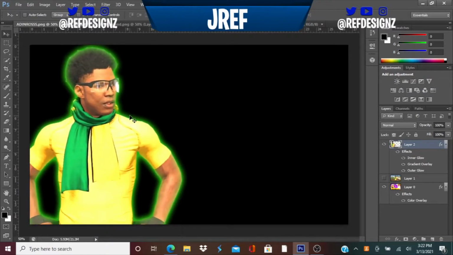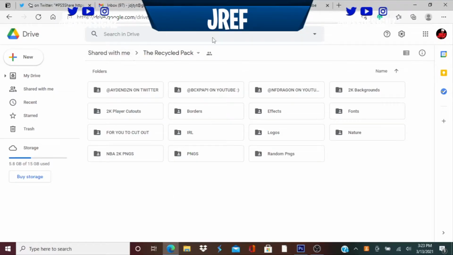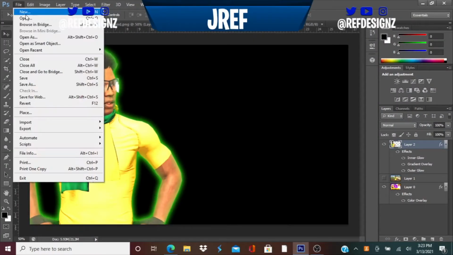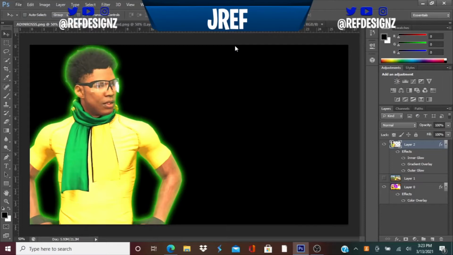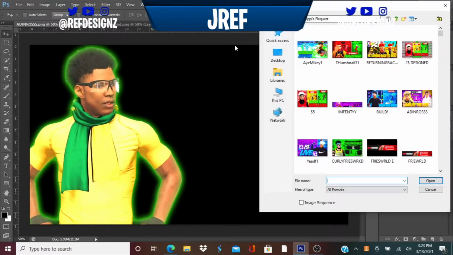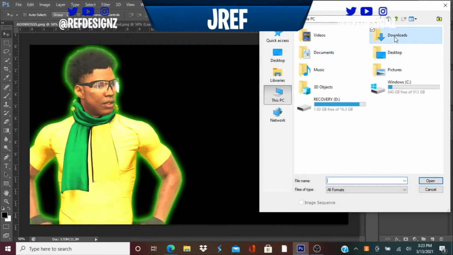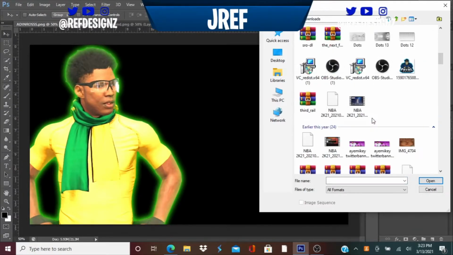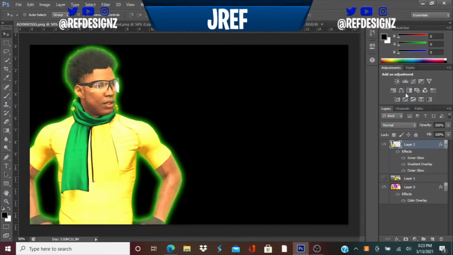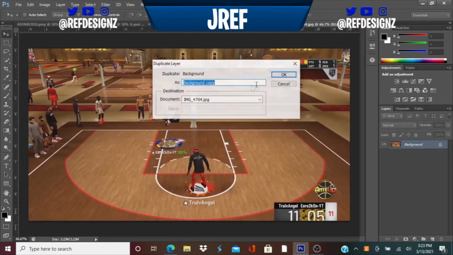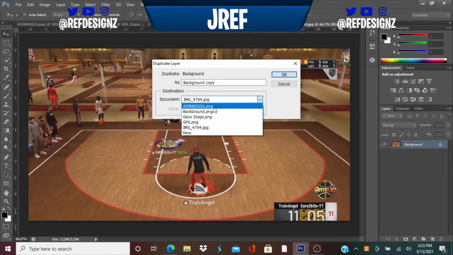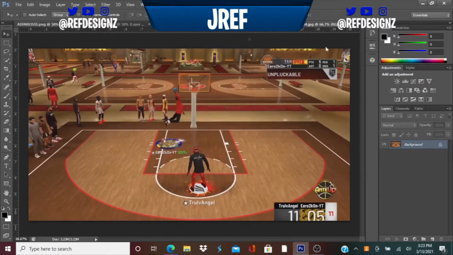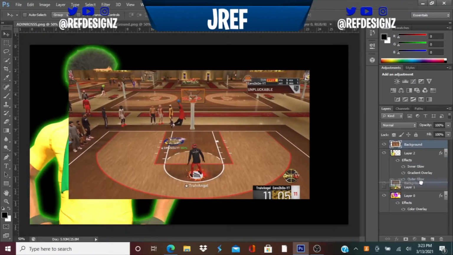Next, we are going to show the background. For our background, I consider using the recycle pack. You can get some really nice things out of it. And there's a whole bunch of things where you have to identify how to use those correctly. So we're gonna take our background over here, and it's gonna be this guy right here taking a nice dunk. Close this out, put it underneath,